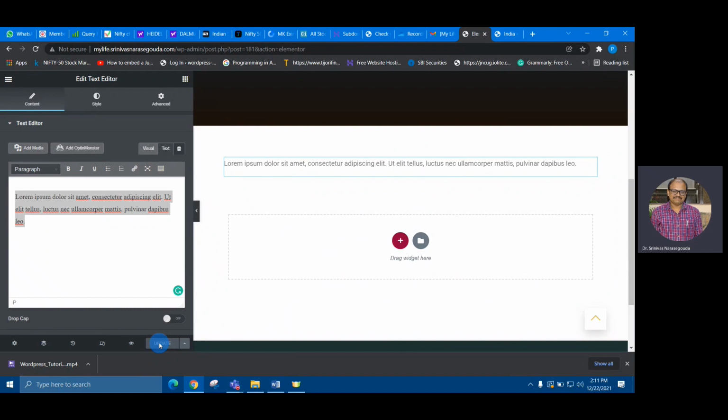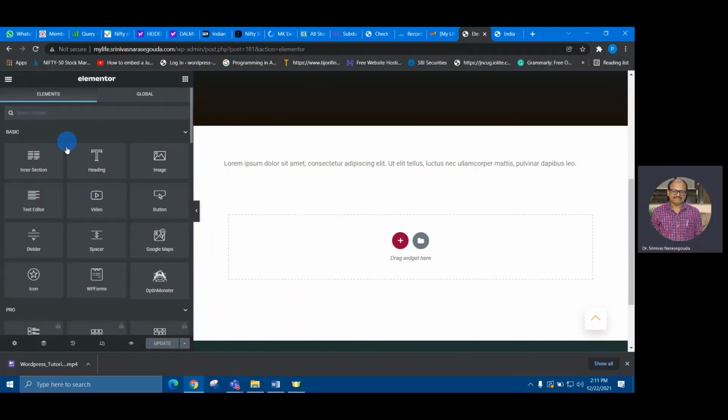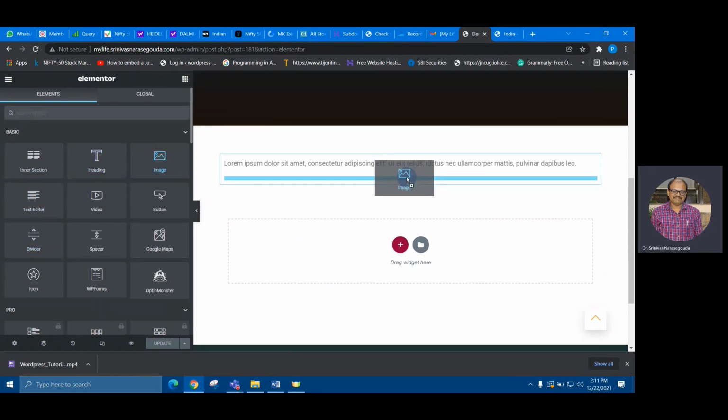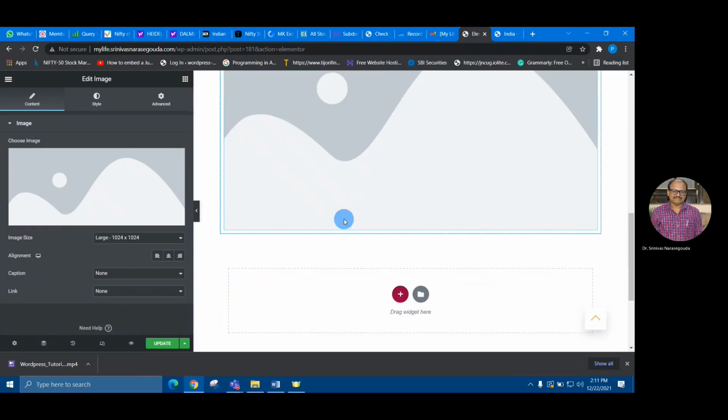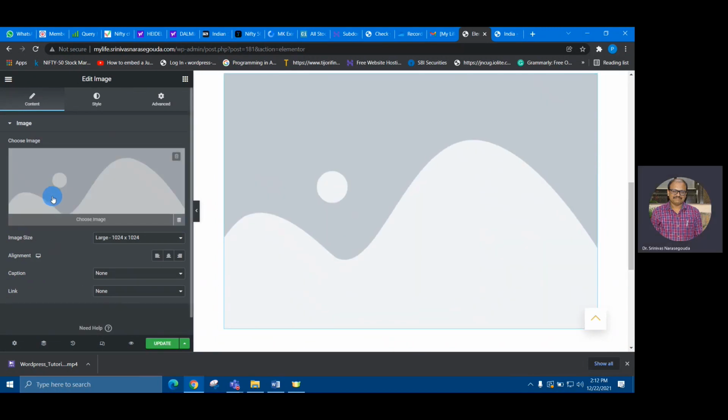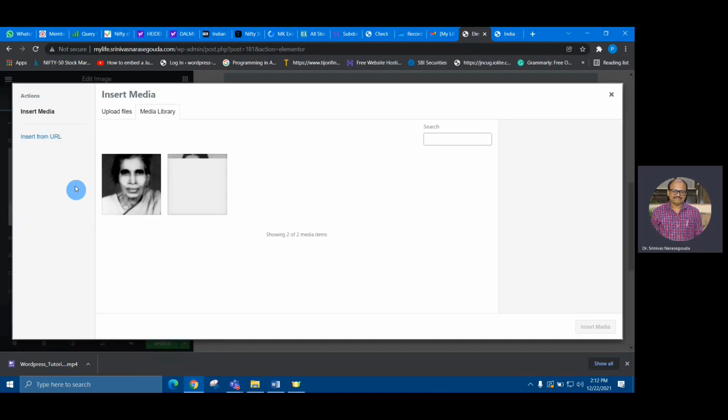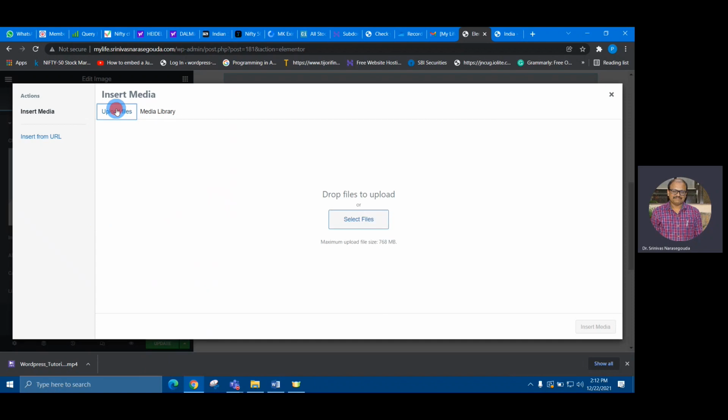And suppose you want to add images. In that case, again, click on this matrix image. Again, you will get these things. And then you can decide, okay, this is the image. Just drag and drop it. I don't have any images, so it will come as empty. Here, clicking on choose image, if you want to upload any new images, in that case, click on upload files and then select files.